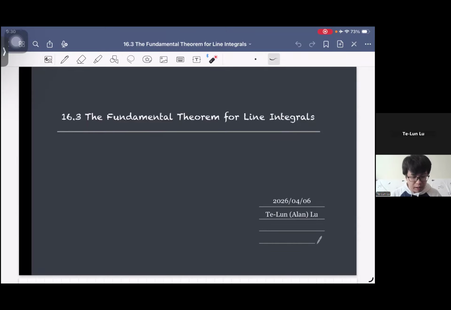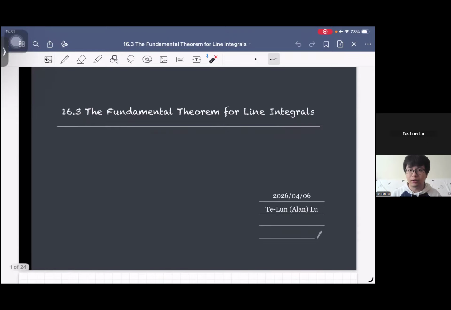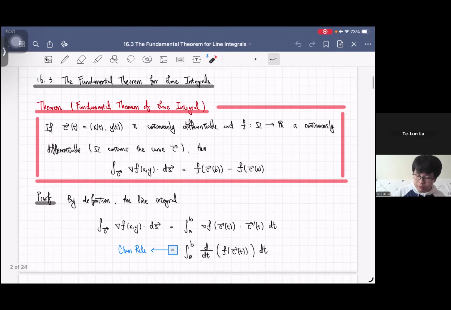Okay. And there is a lot of concept in this video, so I will break this video into two parts. Okay, so yeah, let's start with the theorem. So the fundamental theorem of line integral states that if you have a curve C(t) parameterized by x(t), y(t), and I want to mention that this kind of theorem also works for a general 3D curve. So say you have a parameterized curve, which is continuously differentiable, meaning that the trajectory of the curve is smooth,